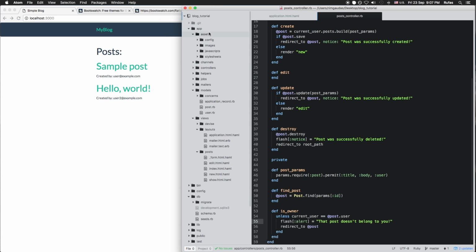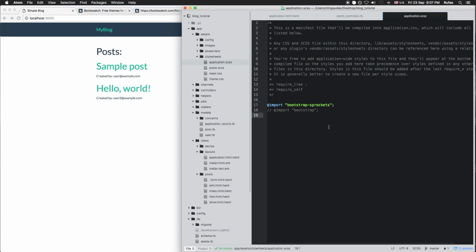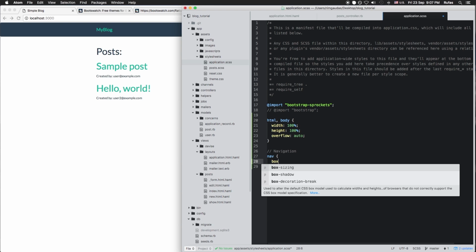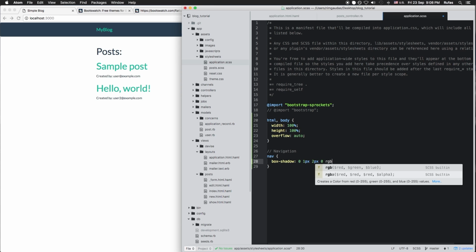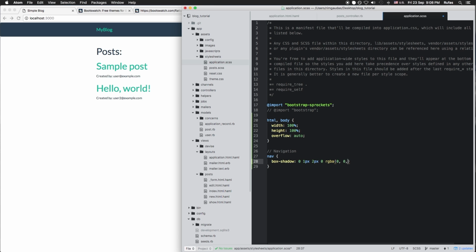So for this we just need to go to our assets, stylesheets, application.scss and add some basic general styles, and our HTML body will have a width of 100%, also a height and overflow auto, and our navigation will have a box shadow of 0 on the top, 1 pixel on the right, 2 pixels on the bottom and 0 on the left, and we'll use 0, 0, 0 and 0.22,